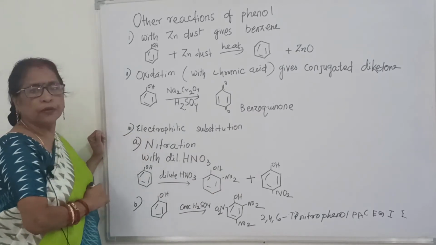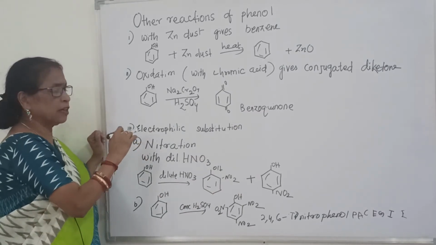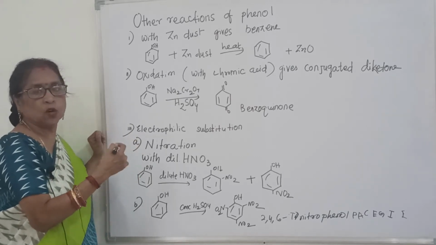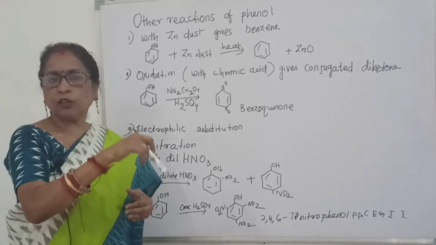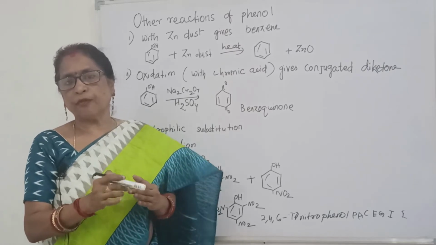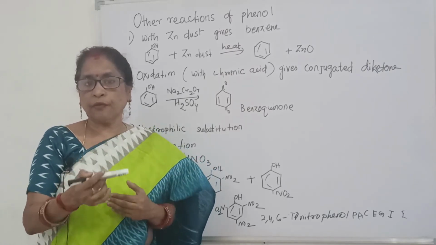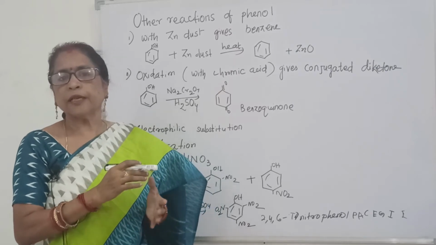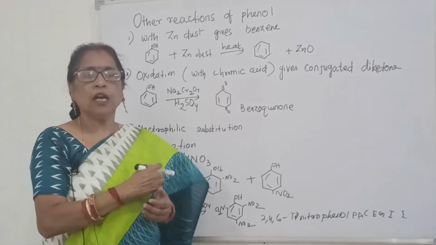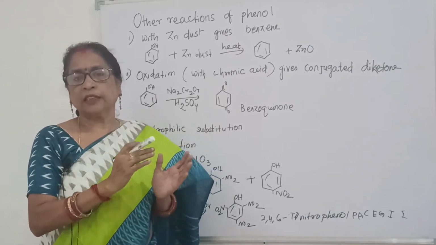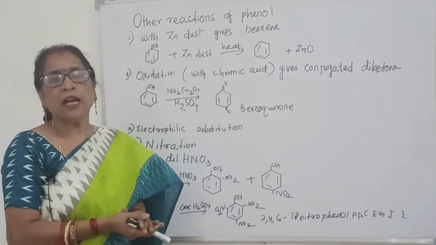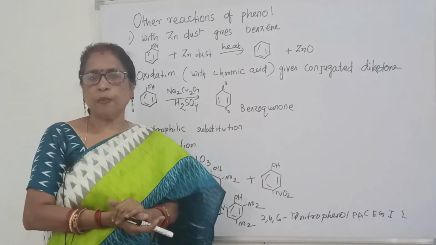Next come to electrophilic substitution. In benzene compounds there is electrophilic substitution. Then what does electrophilic substitution mean? That means an electrophile is added. What is meant by electrophile? Electrophile means electron loving. What is electron loving? There should be a positive charge. When a positively charged particle is added to phenol, then there is an ortho direction and a para direction compound. That means phenol is ortho para directing.